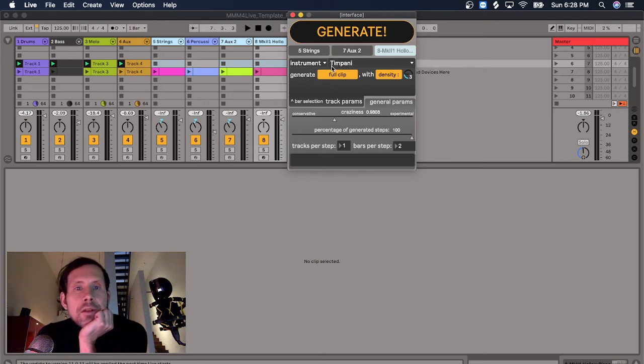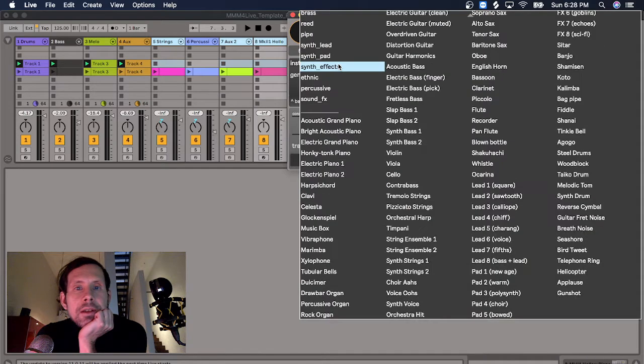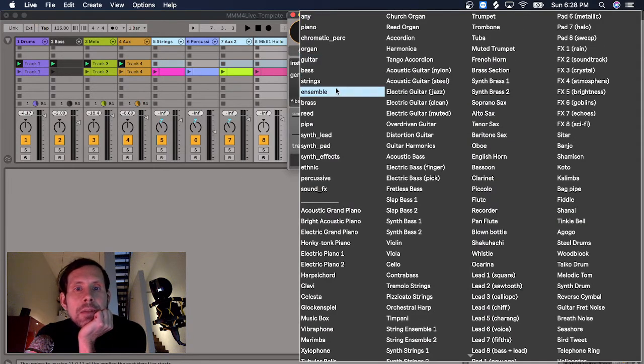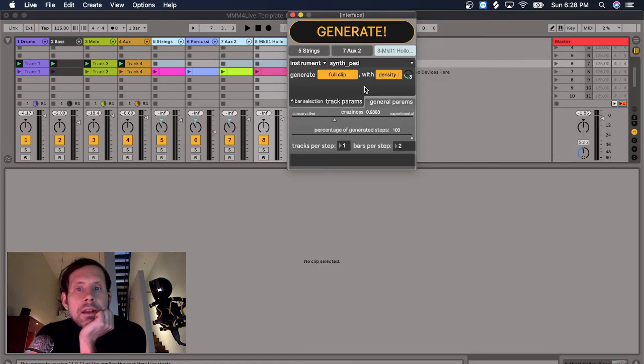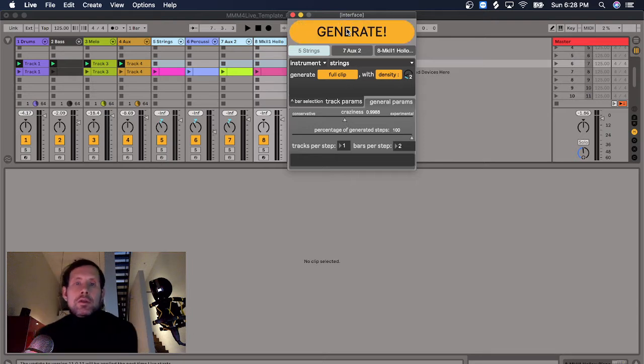And then for the MK2, I'm gonna let the system choose maybe synth pad. Yeah, so with a medium density here, the chromatic percussion with the high density, and the strings with the low density. And then let's do all that relatively neutral